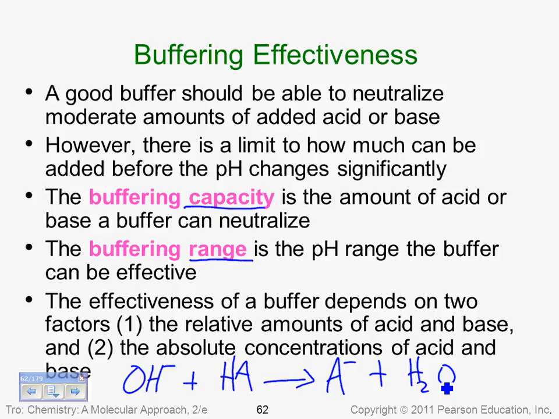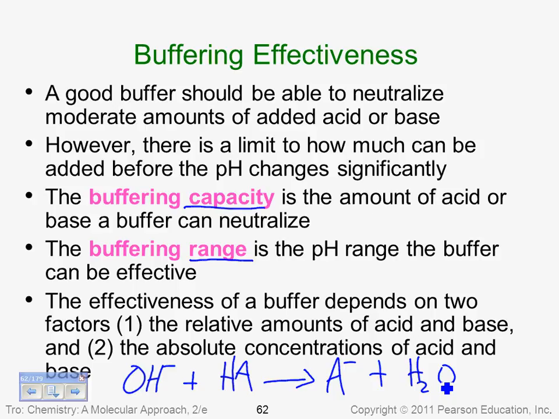It's going to react with the acid form and reduce the amount of the acid form. But eventually, you're going to add enough base that you will have removed all the acid. Every time you add base, you take away a little bit of acid, a little bit of acid. Eventually, you'll get to the spot where you've taken away all the acid, and boom,